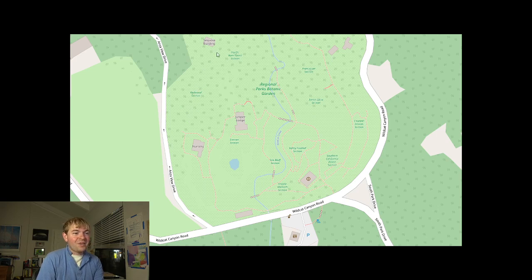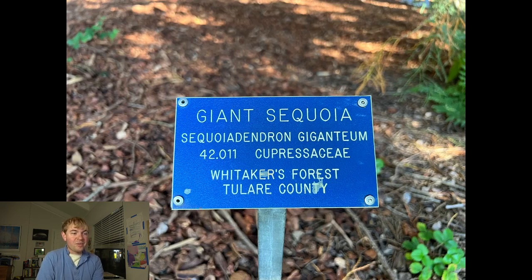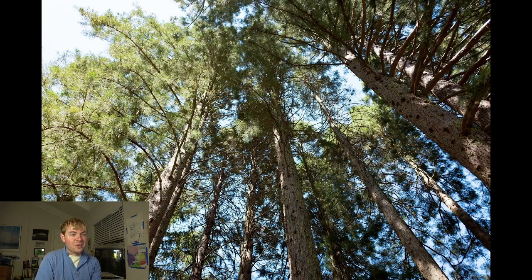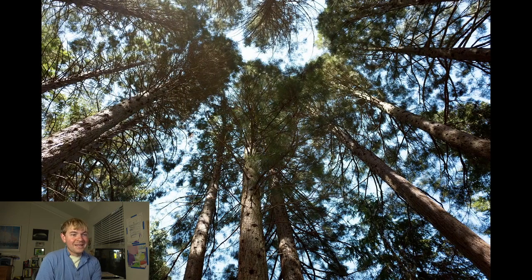It's going to go by a building where they sometimes have plant sales, and then you'll find this little grove of redwood trees. And it's pretty amazing. They're giant sequoia redwood trees, and the distinction there is that most of the ones in Muir Woods and along the coast are coast redwoods. Giant sequoias get even bigger, and they are really quite amazing. This is what you get in that little grove, a tucked away, hidden gem. Probably about 20 trees in there, but it's been there since 1946,